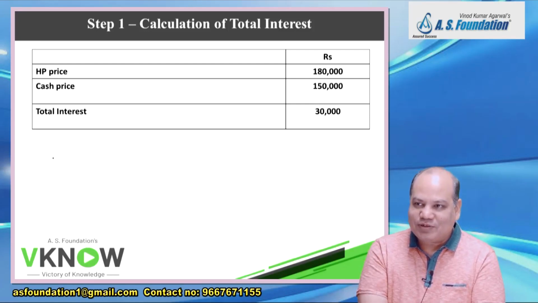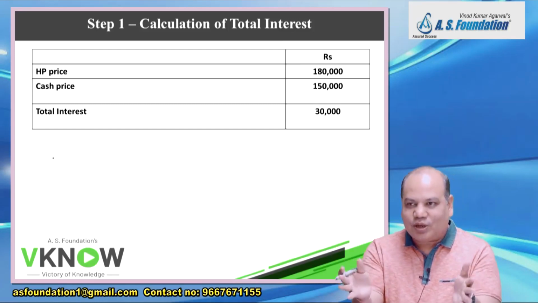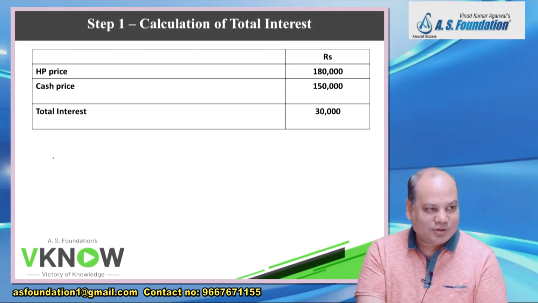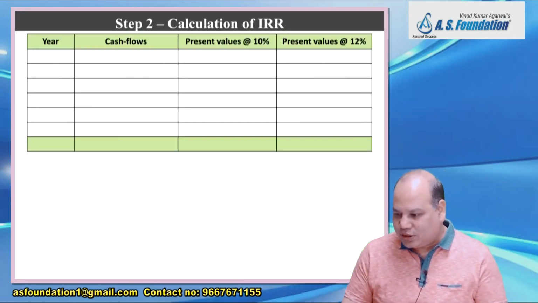That means I have to revise my guesswork. I have to change the revised rate. I will take more or I will take less. Is it right? Again I will get some value which may also not match. So what I'll do? Again I will try. No, we don't have so much time. By taking these two answers, we will find out the IRR by using a method called interpolation. Is it right? So that is the interpolation technique.